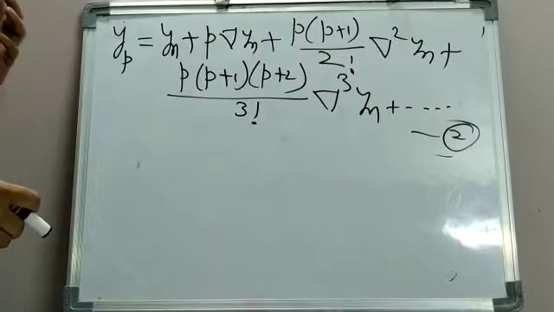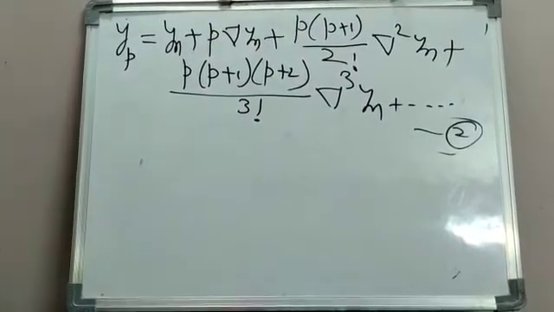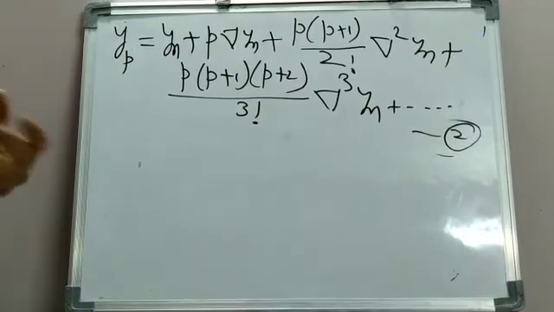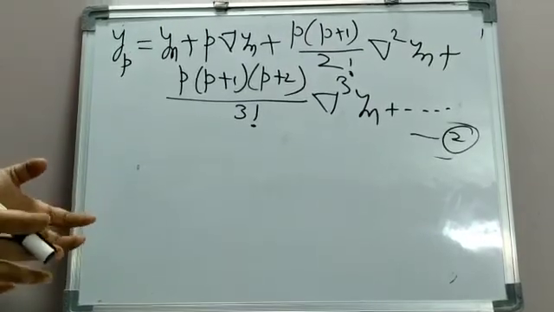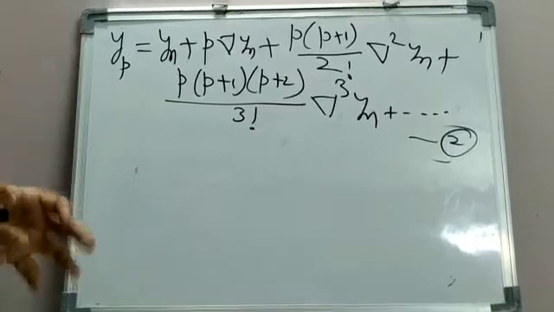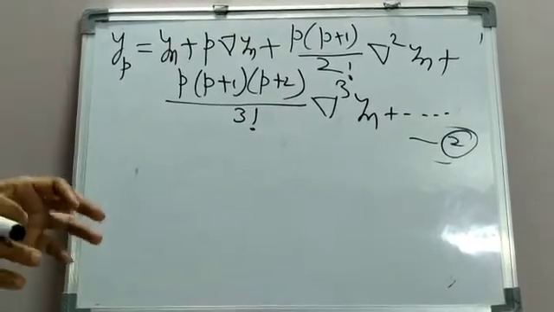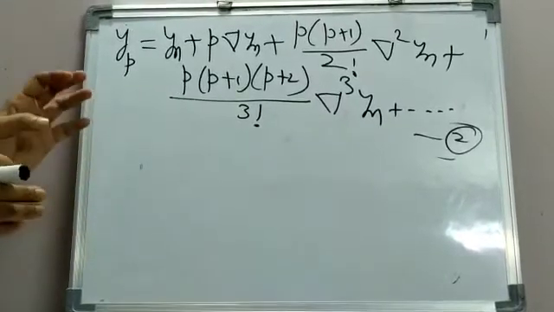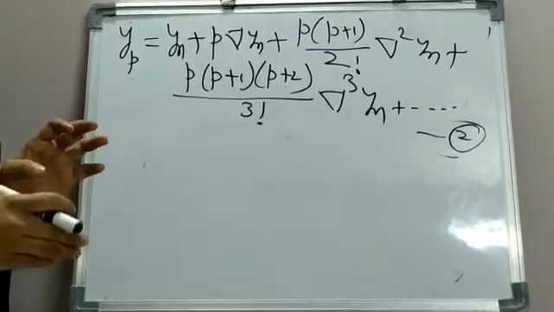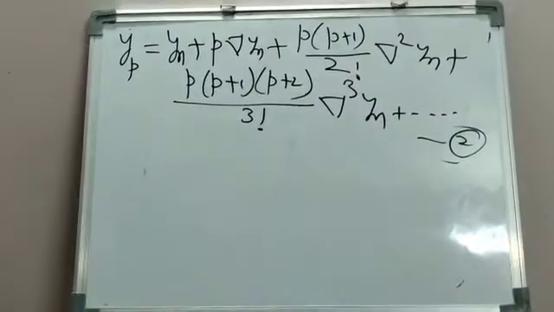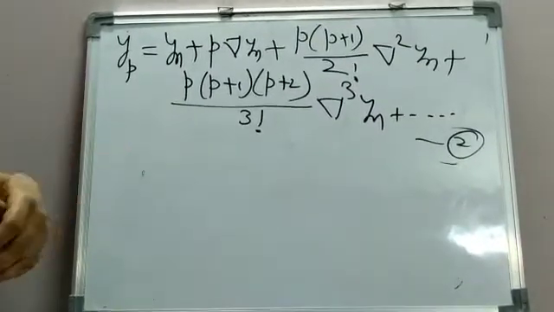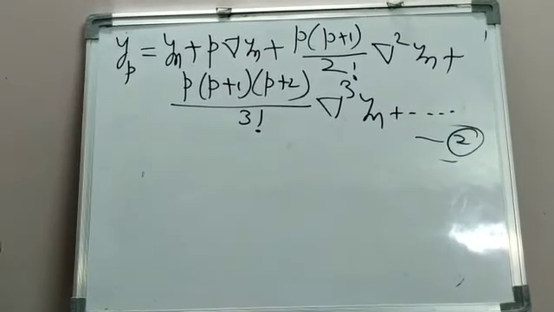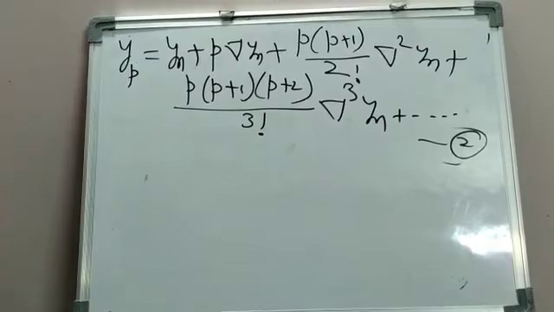Not only this, these things have applications in the field of astronomy, physical science, and so many fields where you desire to find out these values. But the choice of the appropriate formula is very important. You have to see whether the arguments which are given are equally spaced or not. If they are equally spaced, then only this Newton formula is applicable, because you see that these formulas involve this h. So this h has to be known.